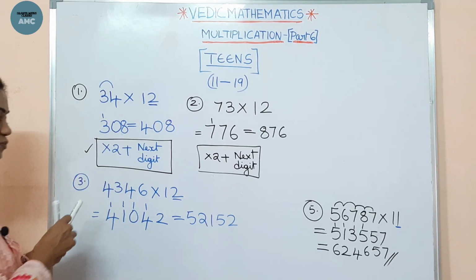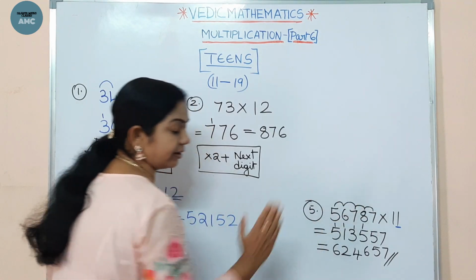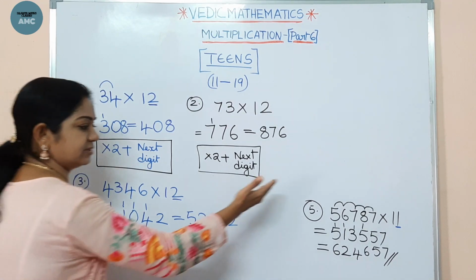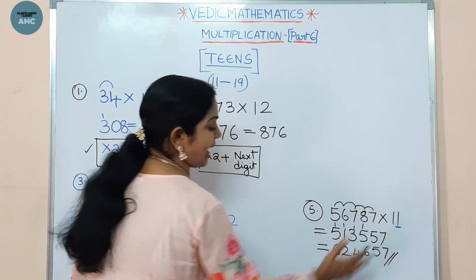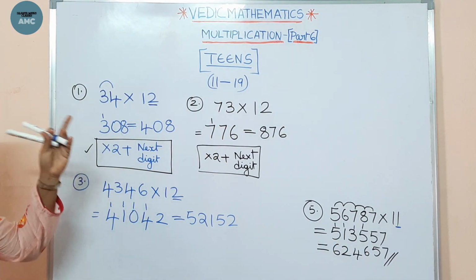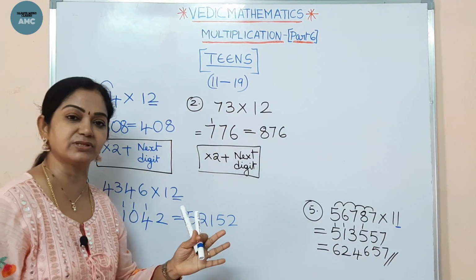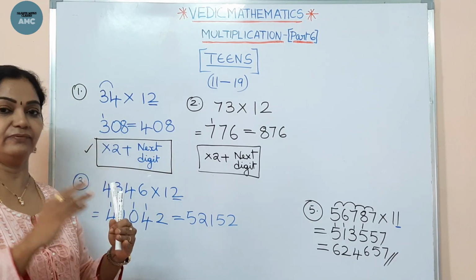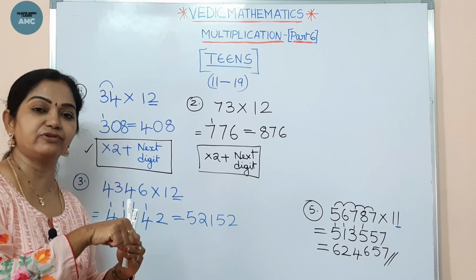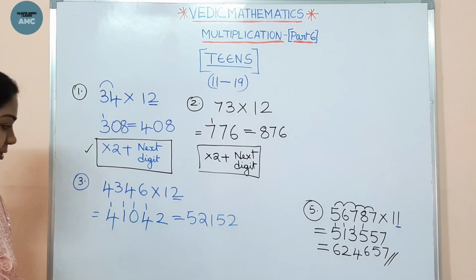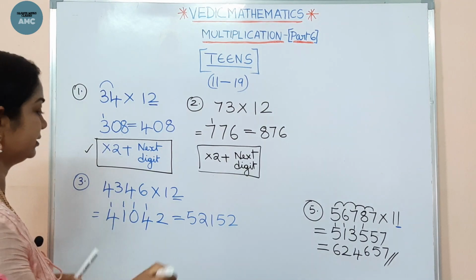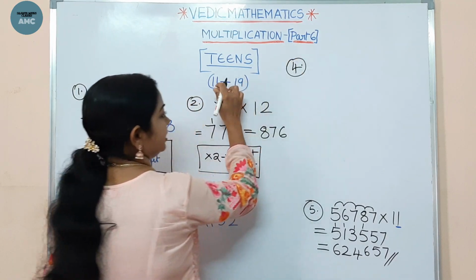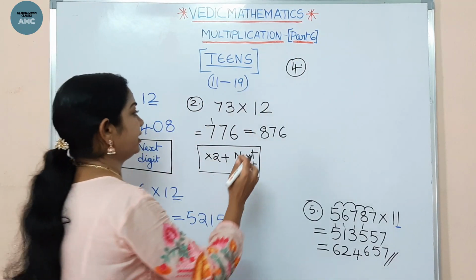So this is what we have done for 11 also, but multiplying with 1 gives the same number, so for 11 we are just adding. Now for 12, for 13, 14 till 19, the same procedure. We drop the first number, then for 14, we multiply with 4 and add the next number. Now let me take another example. Let us take 13 and 14, right?